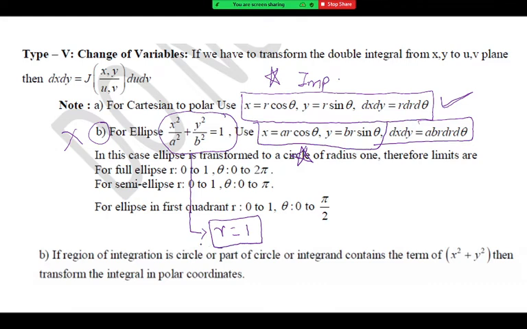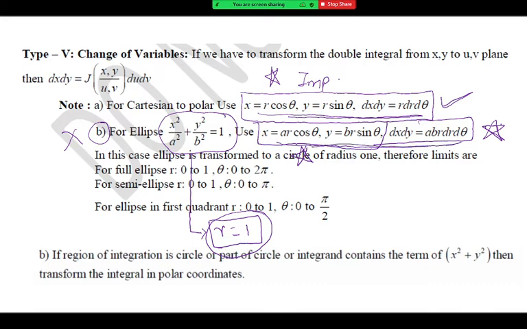See, what happens is that any general ellipse can be mapped to the circle of radius 1 with the help of this special transformation. These are not Cartesian to polar transformations. They are special transformations created for an ellipse which actually convert the ellipse to the circle. And when we do a double integral on an ellipse in the Cartesian domain, and when we do the double integration of the equivalent integral on this region r equal to 1, you are going to get the same answer. So right now I will tell you that you should remember these three equations for circle and these three equations for ellipse. Nothing else.